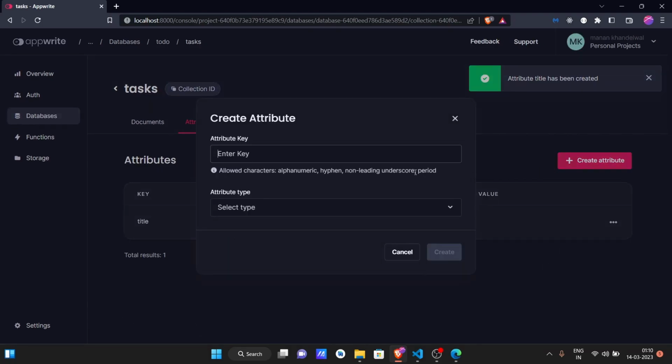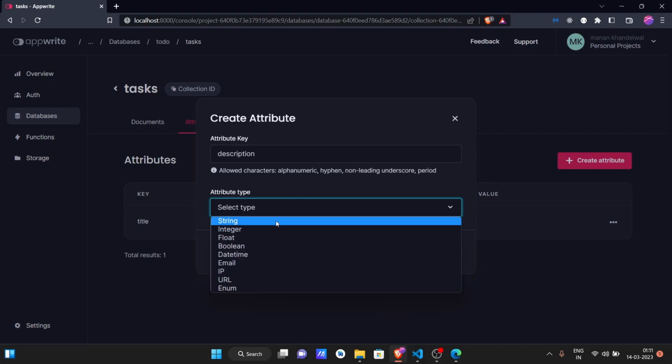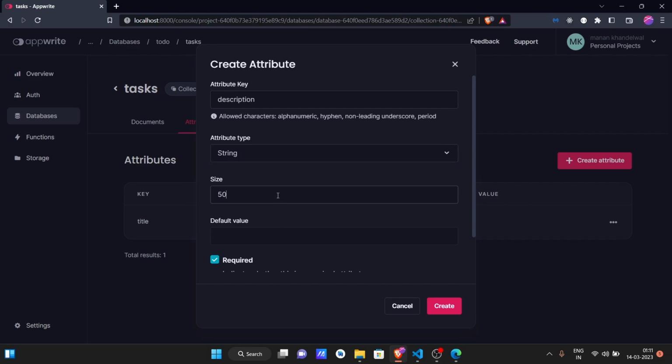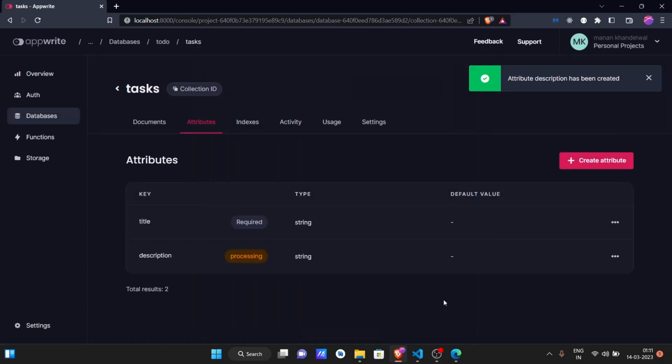Add it. Again we are going to need a description. This description is also going to be string 255 required. Done. Also what other things our tasks had,